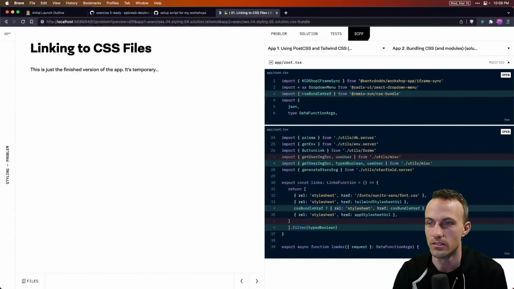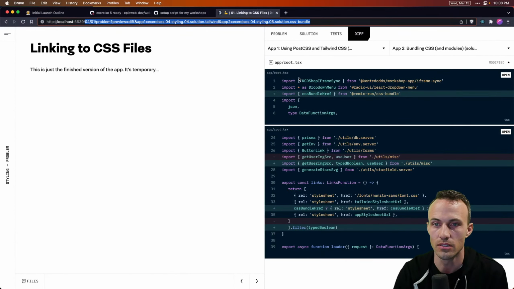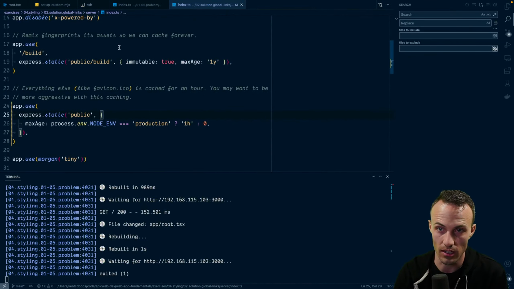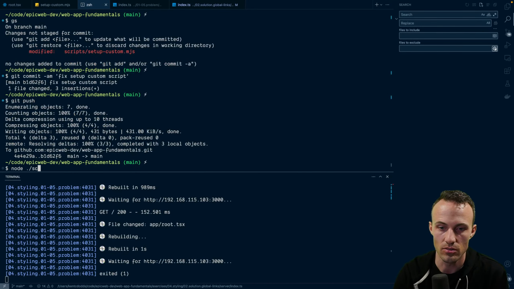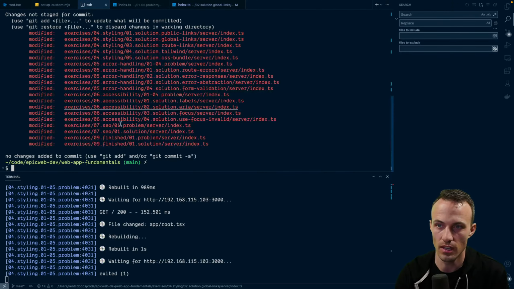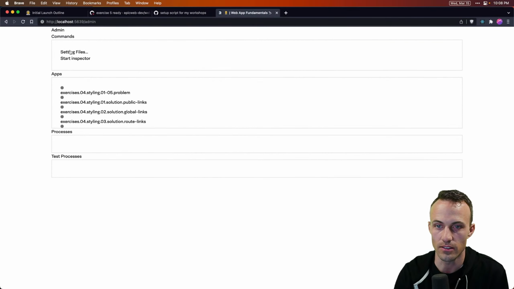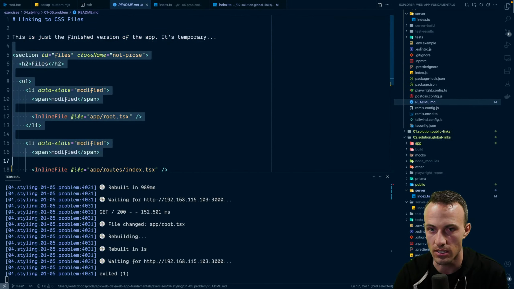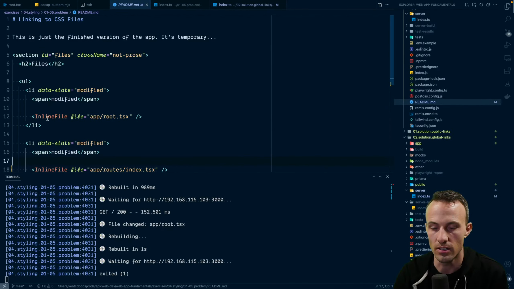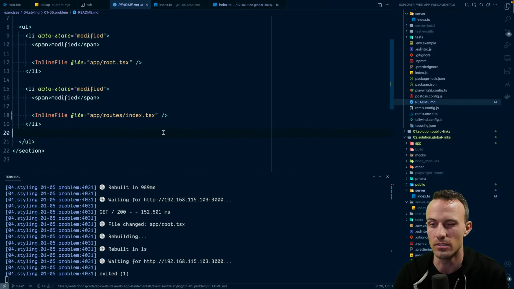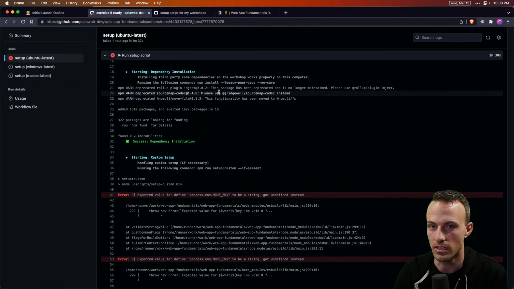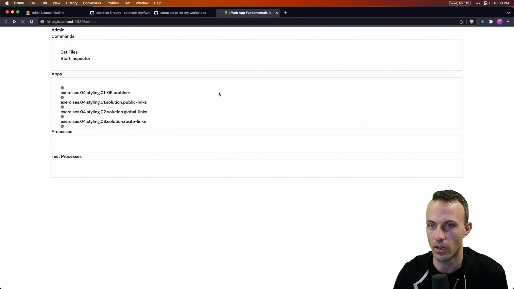All right, sweet. So one other thing I want to do before I push and before I go to bed, and that is set files. Here, let me first double check. Node scripts fix. Who knows? And then set files, setting files. So what that does is it goes into all these readmes and it adds this section on files so that it says which files are changed in this exercise so that you don't have to look at the diff to know where you're supposed to be working.